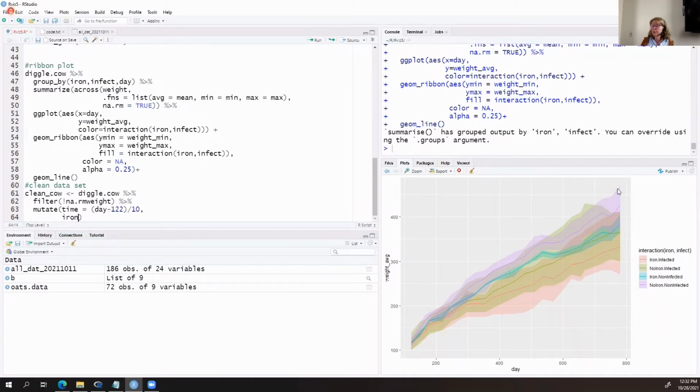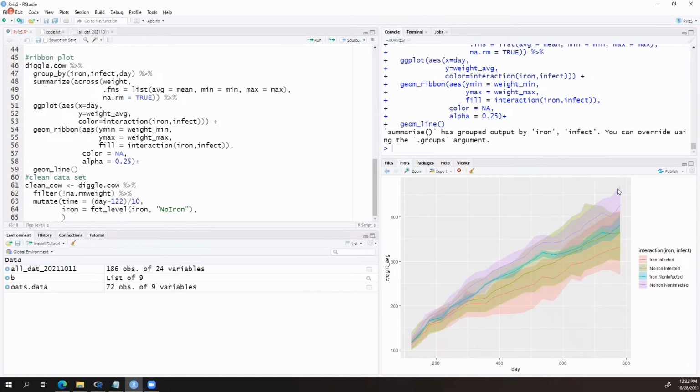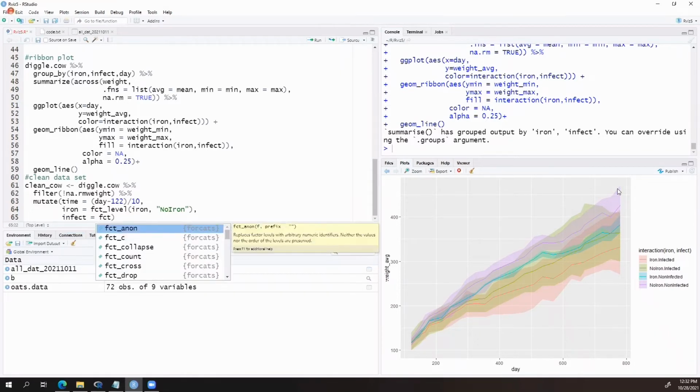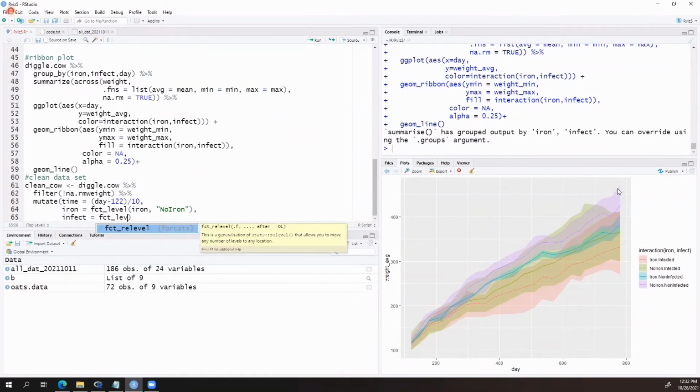And now we're going to separate out our levels for our iron, and no iron. And our infect interaction, same thing. Oops, I see I have a typo there.